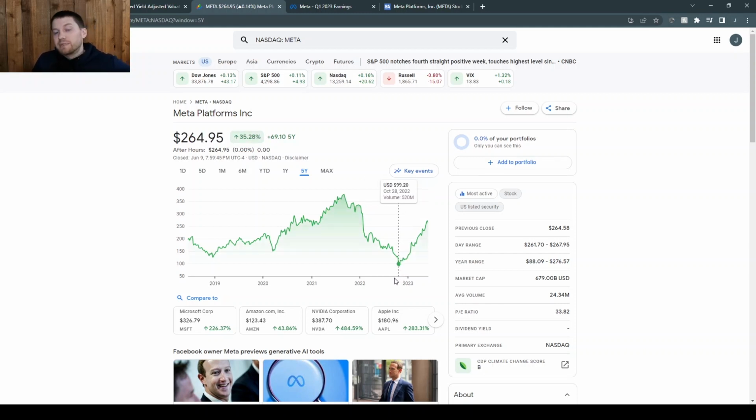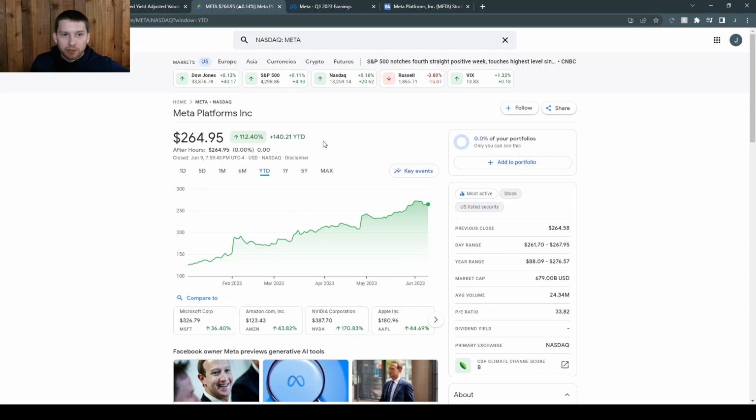During that time, because I was still confident in the thesis, I actually doubled my position and took it from a 3% allocation of my total portfolio up to a 5% allocation. So my cost basis, when all was said and done across all the shares, was about 125, with a decent chunk of those shares being in the $100 to $88 range. And then Jim Cramer cried, and that was the bottom. So it went off to the races.